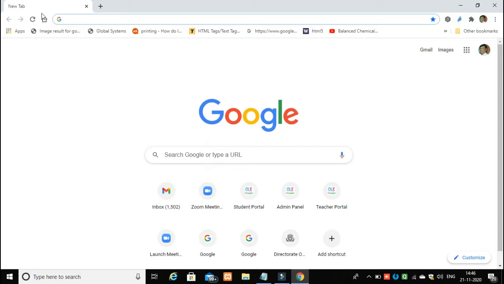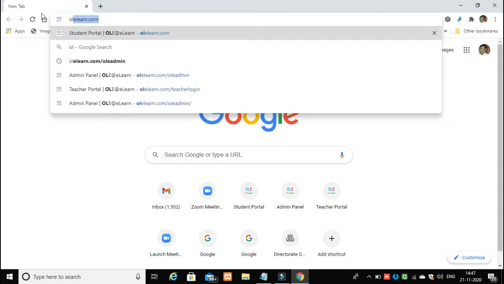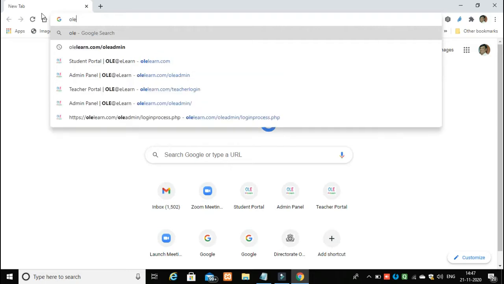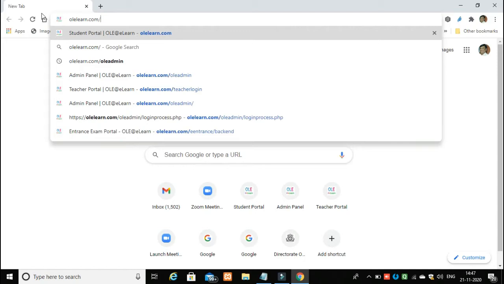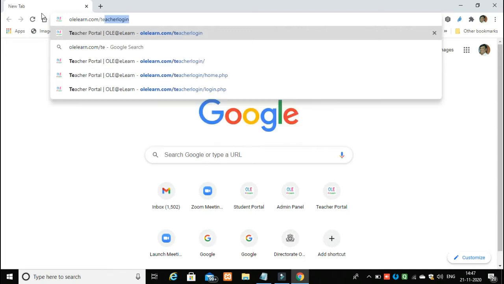And how can the registration be done for OLE Learn? The teacher has to give the URL oilelearn.com/ and then teacher login.